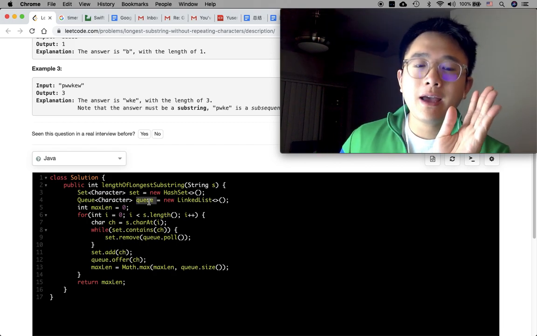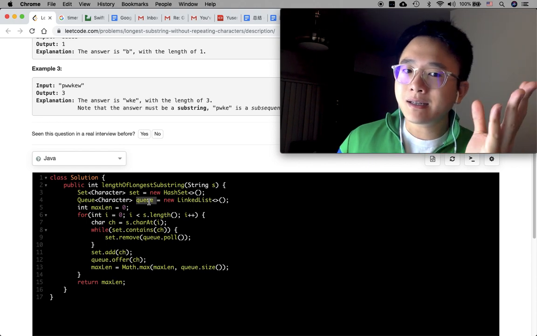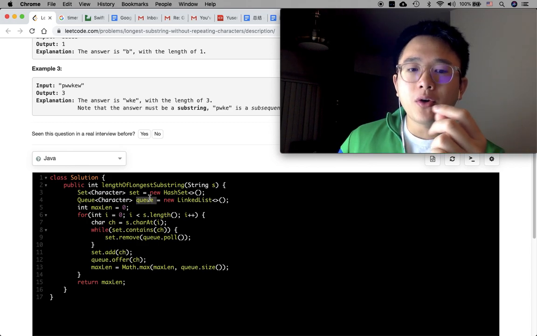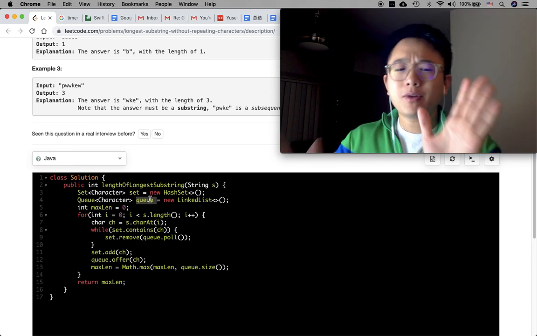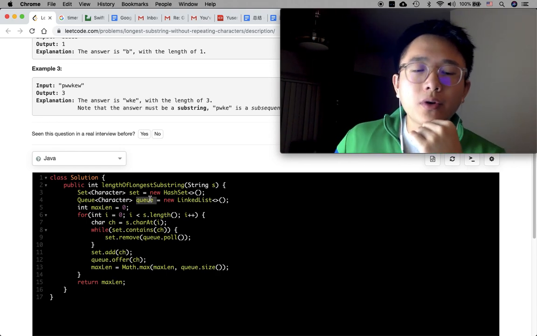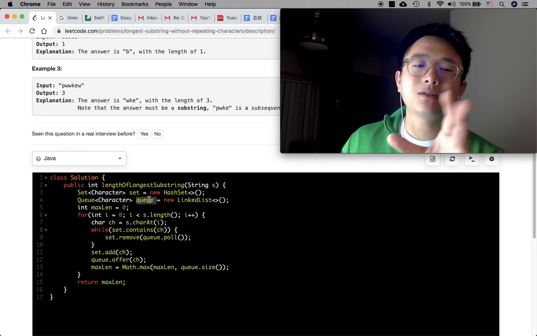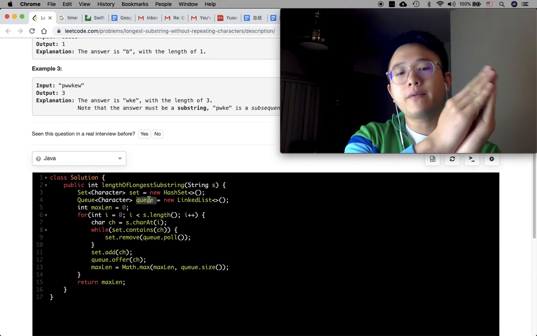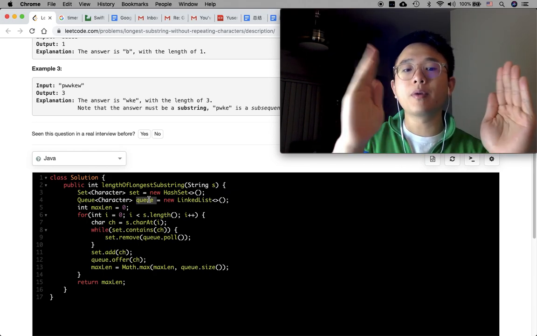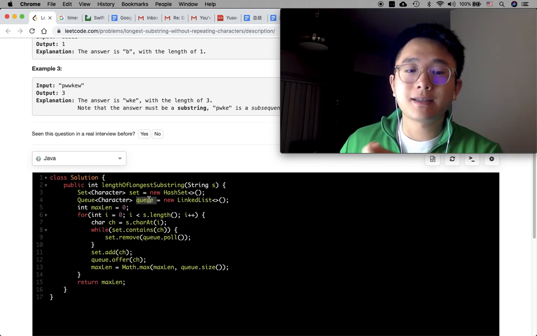So right now head would be like 0, and then we meet another character. If it's not contained in the set, then we'll increase the head again. What I'm talking about is that head is what we use to advance through the string. Well, I guess I'll call it end this way, because we are used to reading from left to right. So I'll call head the beginning, and end is what we use to advance through the string. So if the second character is not contained in the set, then